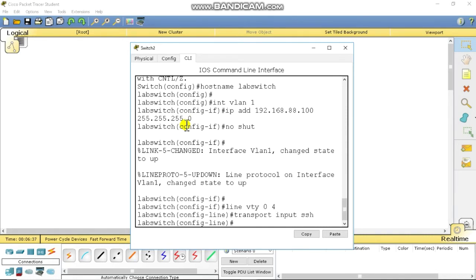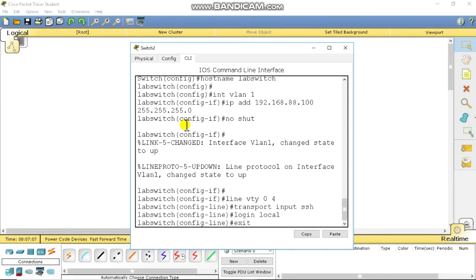Enter, and type here login local. If you want to access data by only password, then you can type login, but I want that when I am accessing data, it asks for both password and username. That's why I type login local. Enter